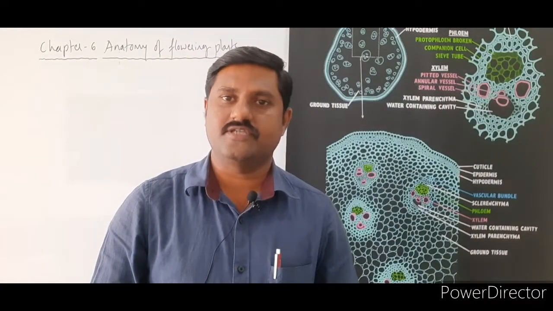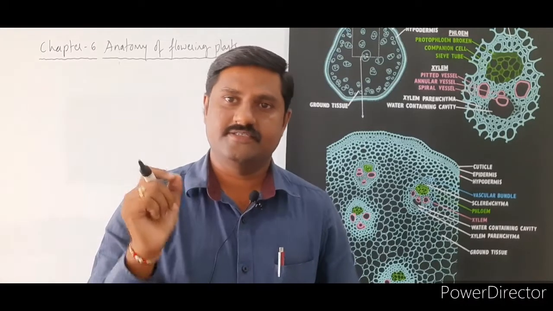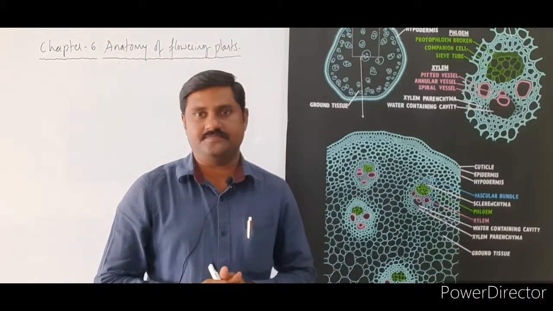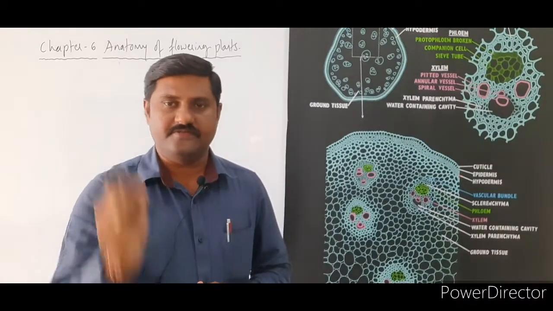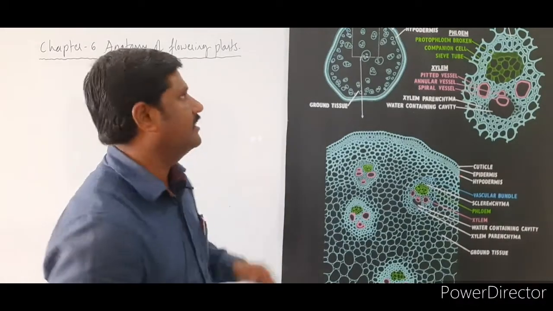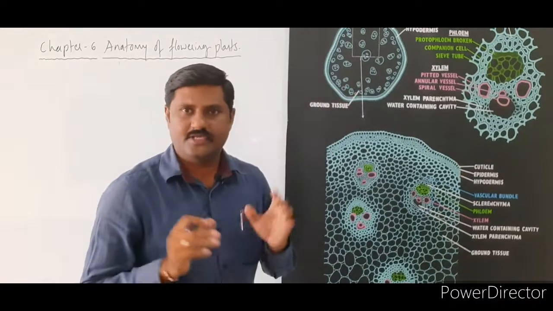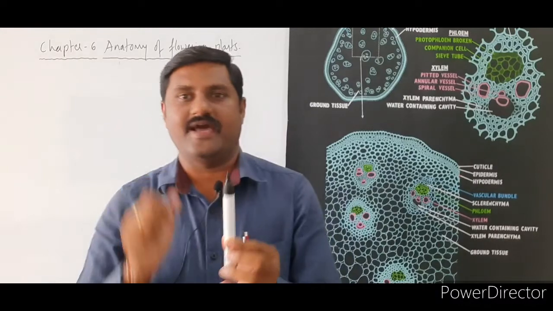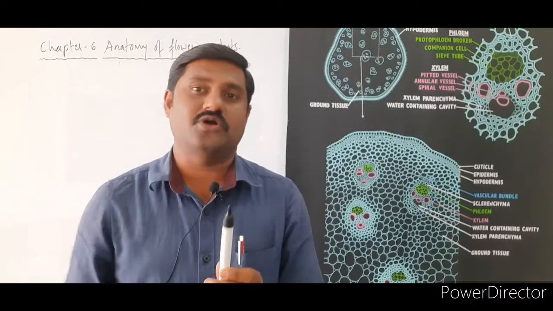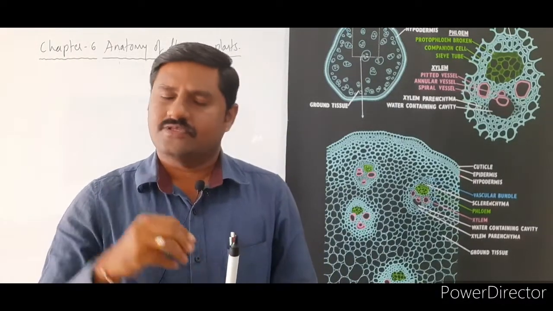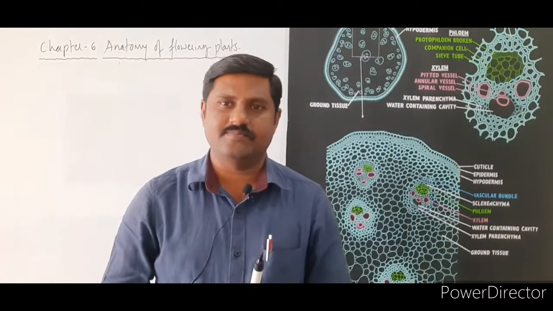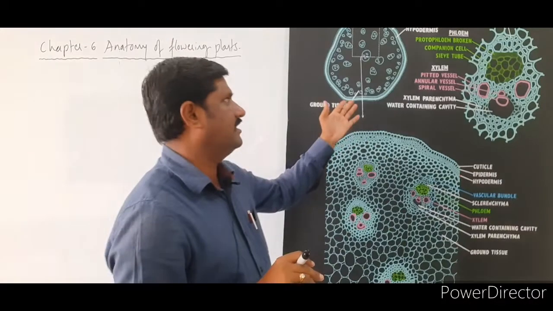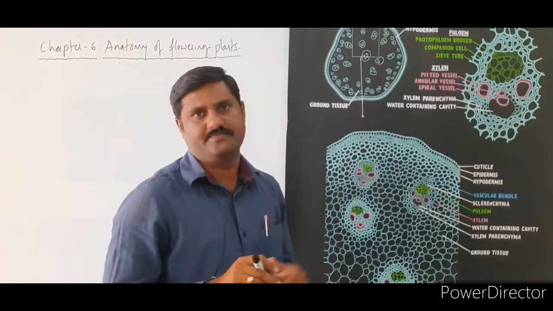Yes, now we shall start with the monocot stem, right? Already we have finished the dicot stem and its respective features, right? Now we shall start with the monocot stem. Here, whenever you take the stem of a grass plant, it is related to monocots, right? And you can take another example of Zea mays. I have taken the example of Zea mays over here, right?